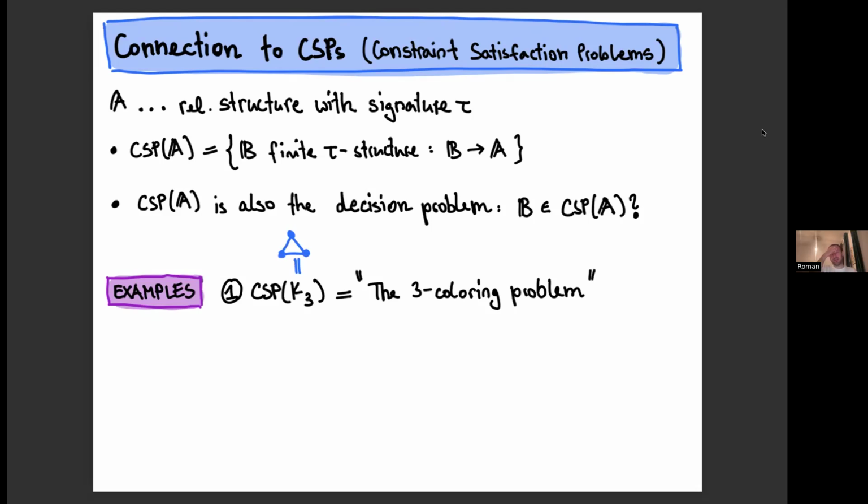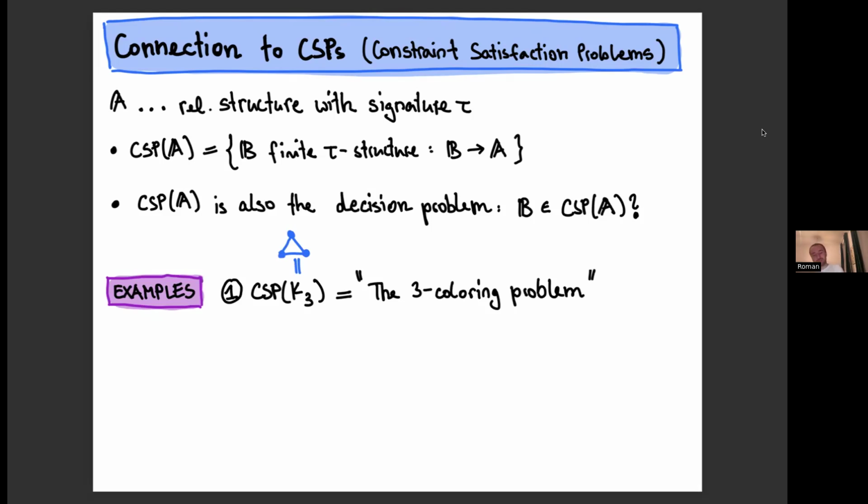Technically, as inputs for the decision problem CSP of K3, we not only get graphs, but some of the edges might have a unique orientation, and some might be symmetric. Then we just answer yes if and only if the symmetrized version of our input is three colorable,